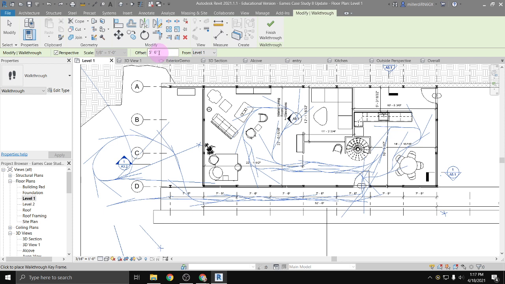So this is just the height that the camera's at. Again, if you maybe wanted it a little bit further up or down, just like with placing cameras, you can change the level that it's on, but I'm just going to leave it at level 1 because I'm on the level 1 floor plan. So it would make sense that I would want the camera to be as if it was at the height of 5'6" on level 1. And so I'm just going to click on Finish Walkthrough,